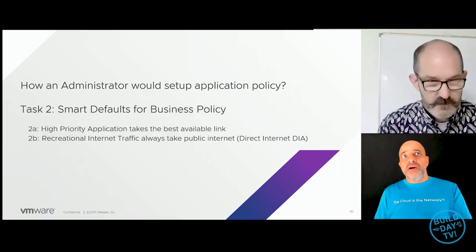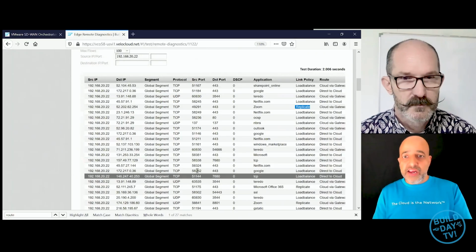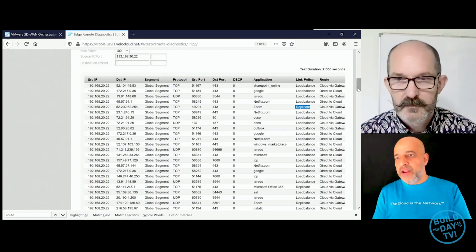So load balance is using a single one of your multiple connections at a time, but can shift between them, whereas the bulk will aggregate them together, and the replicate will provide the highest availability using those two links. Yes. And now let's check on the high priority traffic that it is using the best available link out here